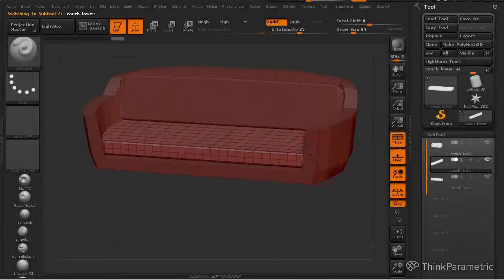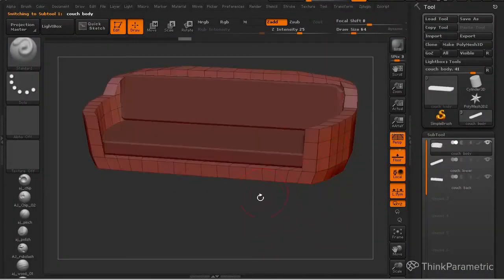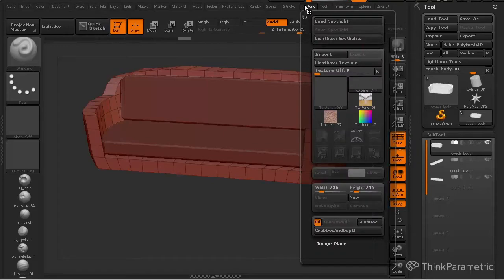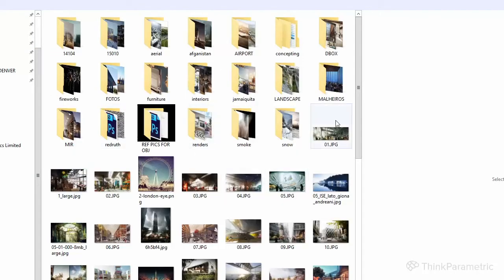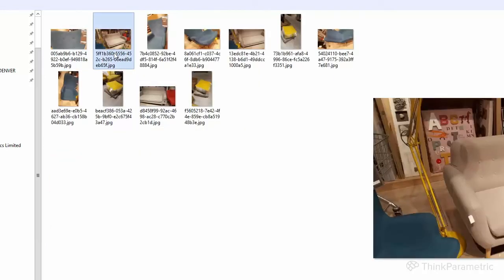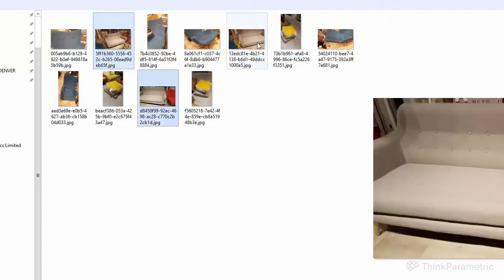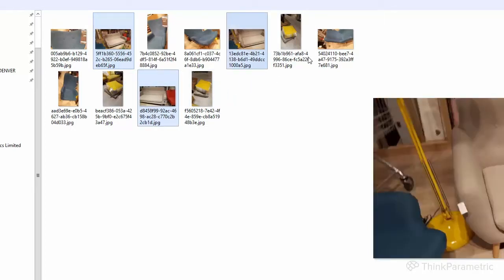Okay, so we're now in ZBrush. What do we do? We start with the first one, the couch body. As I told you before, we can pull out our reference by going to the texture panel, import, and we have our references, furniture. There you go. We have this one, this one, maybe even these ones.